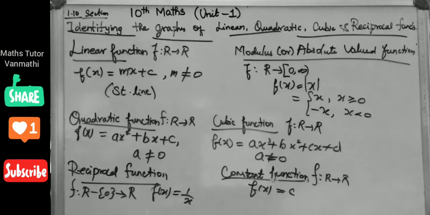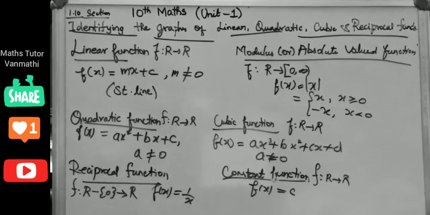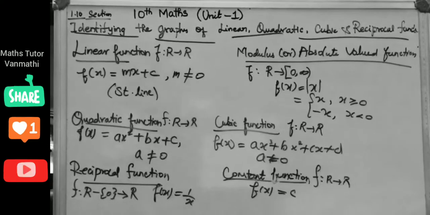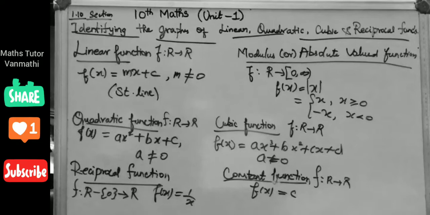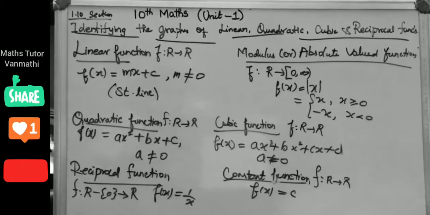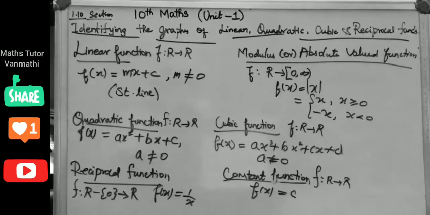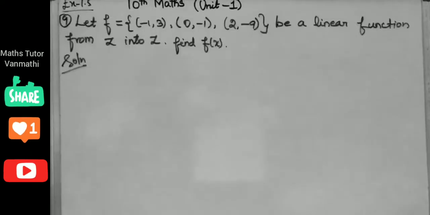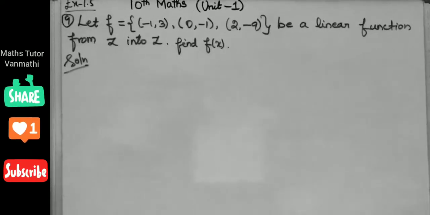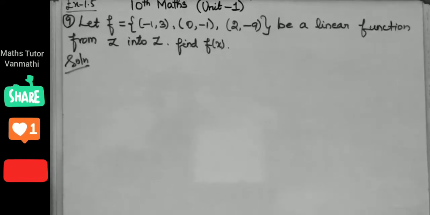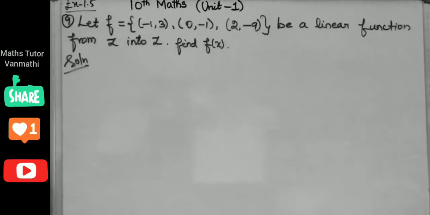Okay, these are the identifying the graphs of linear, quadratic, cubic and reciprocal function section. Next, with this we can see two more exercise problems in exercise 1.5. Exercise 1.5, ninth problem. Let f is equal to {(-1, 3), (0, -1), (2, -9)}